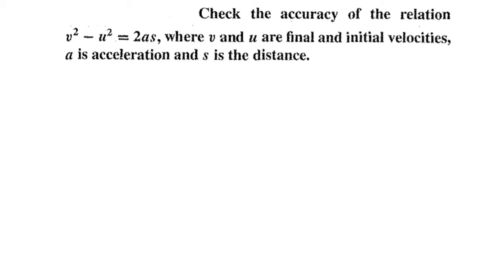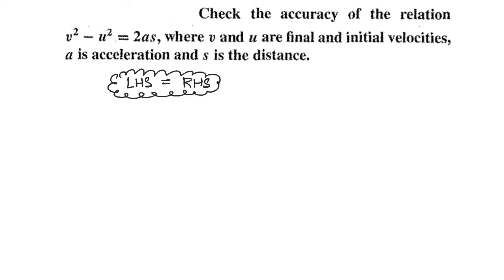Class, remember? Any equation which is physically correct is 100% dimensionally correct. So class, you have to check. We know it is going to be correct, but we have to check. So what was the process to check whether an equation is dimensionally correct or not? We will first find the dimensional formula for LHS, then for RHS, and we have to prove both are equal.